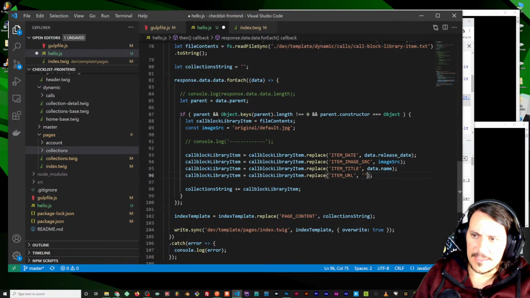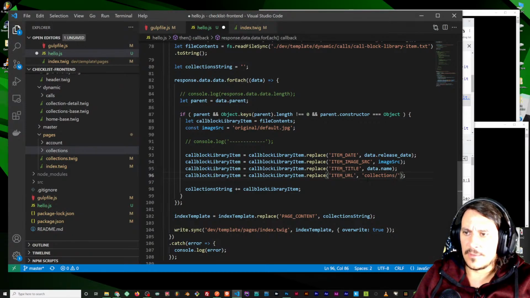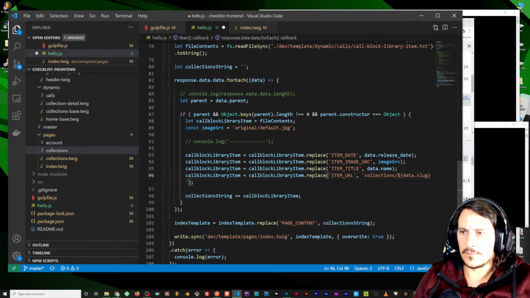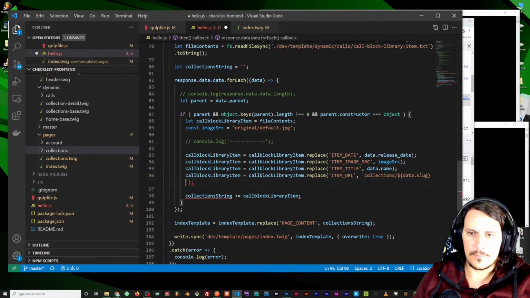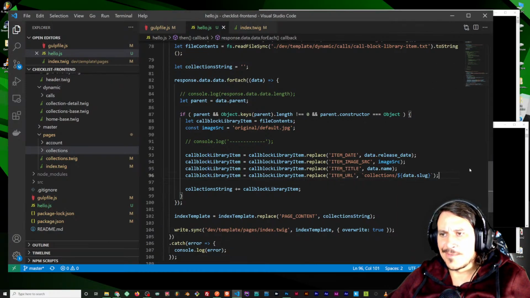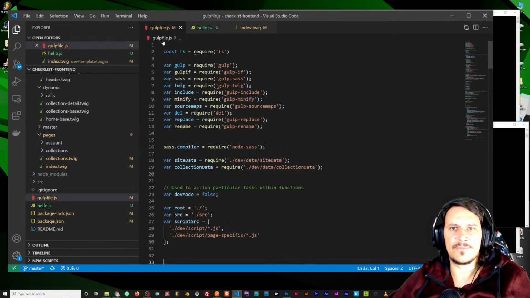I mean, I can add collections in here, but maybe it's easier just putting it into collections data slug, and then basically I need to then create, oh, and then I've got another bloody function called